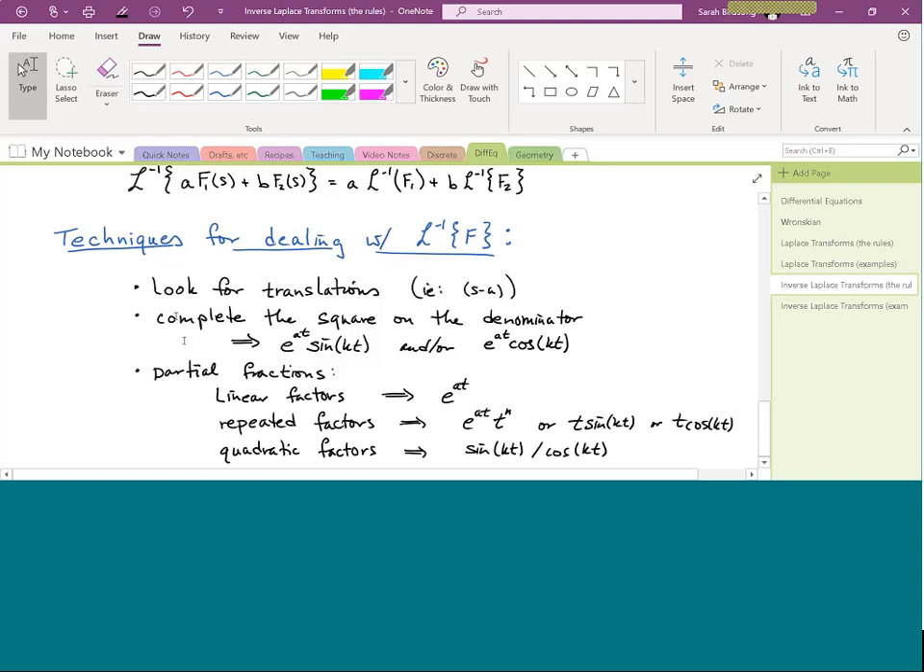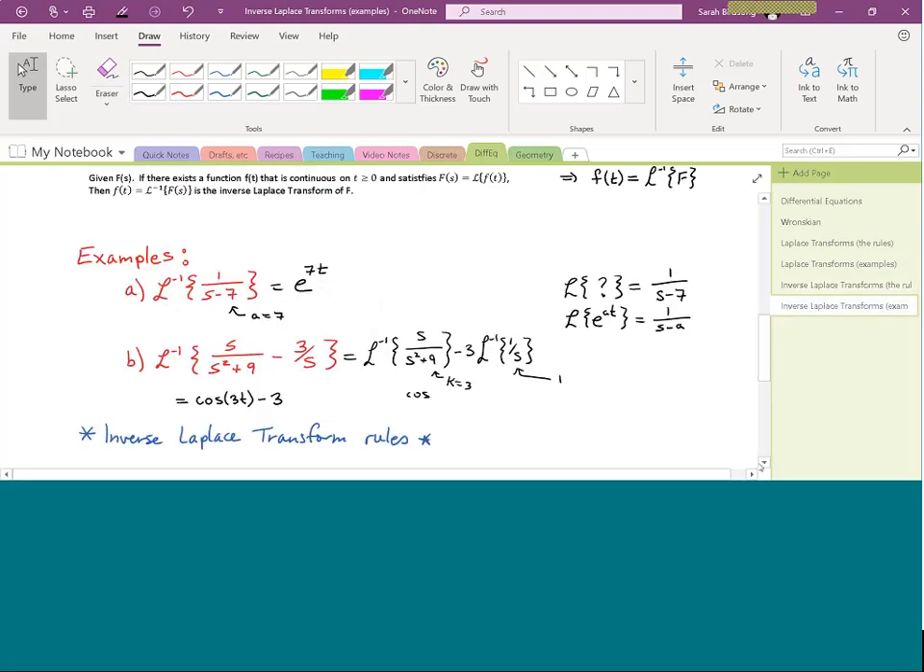With completing the square, you're always going to turn into some sine or cosine or both when you take the inverse Laplace transform. With partial fractions, linear factors turn into an e. Quadratic factors turn into sines or cosines. And repeated factors typically turn into an e function times a t to the n function. And if you really get complicated, which we're going to try to avoid, you can get terms that would convert into t times sine or t times cosine. All right, but we'll come back to this when we need it for our examples. So if we jump back to our examples,